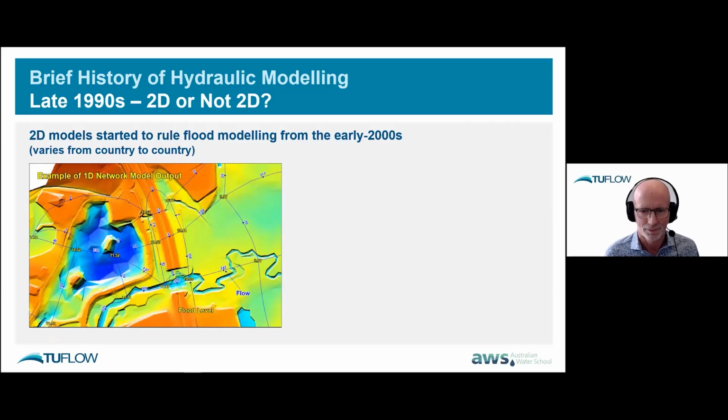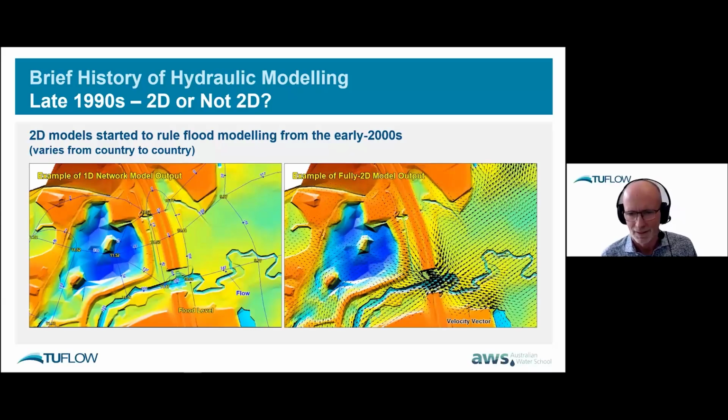When we move into the 2D world, it is so easy. You basically just make your 2D model. There's obviously some decisions that need to be made about your element size, but we suddenly have the ability to feel where the water is going, to see where the water is going according to your model. And then you could, of course, compare that with what's on the ground and the data you have from that site.